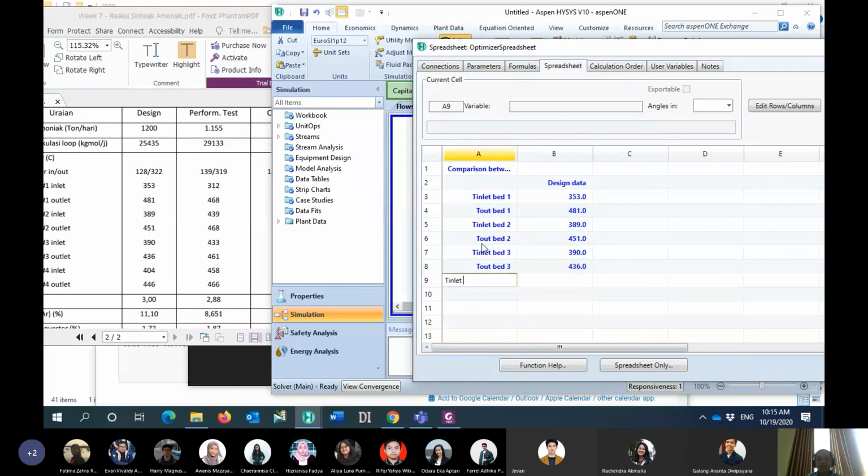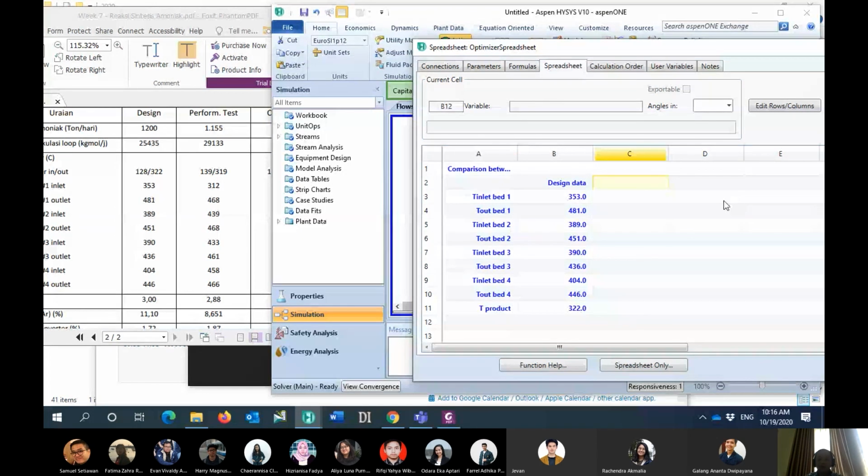T inlet for bed 4, 404. And then T outlet for bed 4 is around 446. And then the T product is 322. It's coming from here, outlet 322. And then this one is my simulation data.